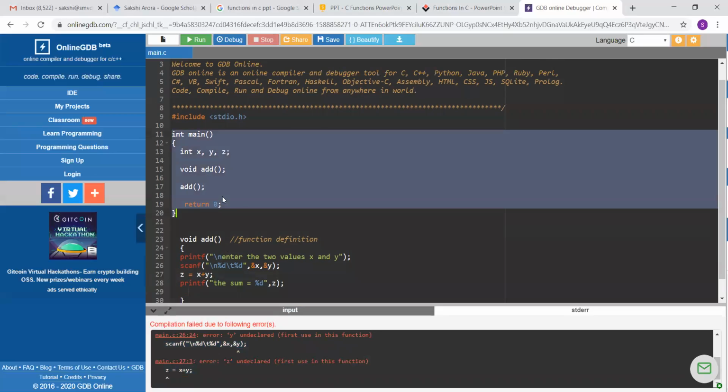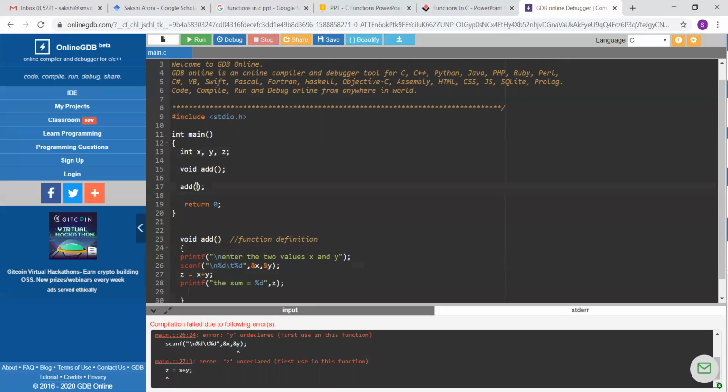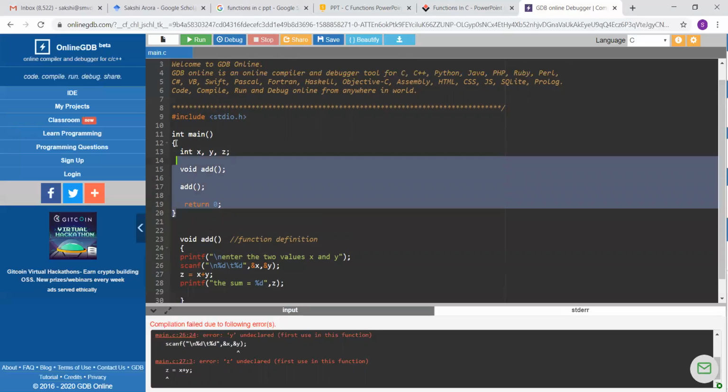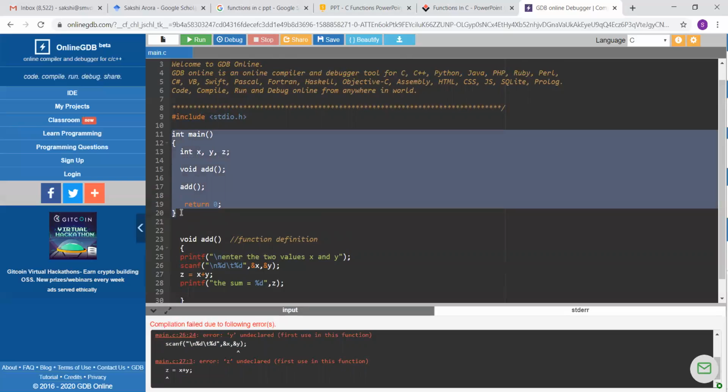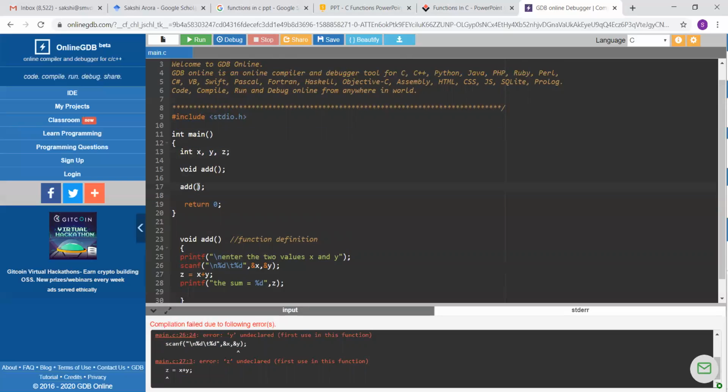See what happens once you call this function add. Once you call this function add, the control immediately jumps outside the main. Here the scope of main finishes. The scope of main finishes here. Once you call this function add, it is immediately going to jump to this statement. Okay. Once it jumps to this statement, it comes outside the scope of main.